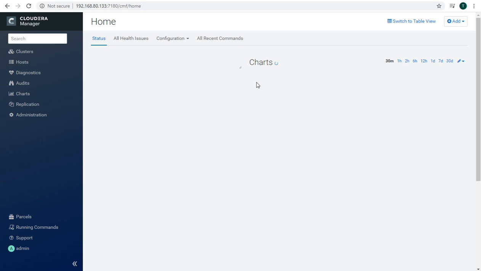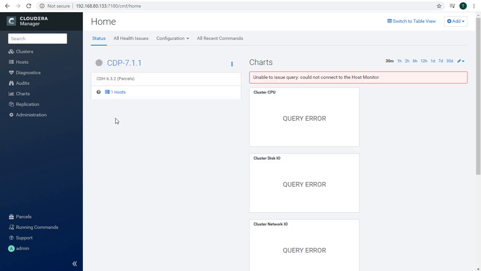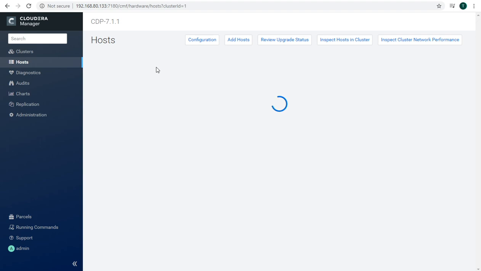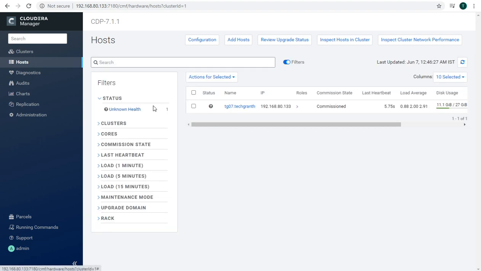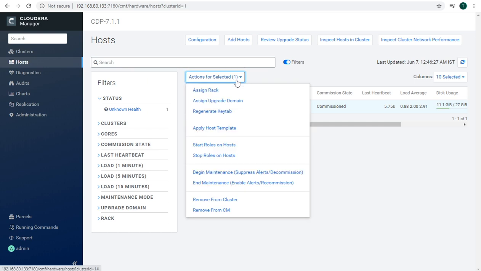And here you can see now we have nothing, no cluster and no host here. Okay, we have one host with cluster CDP, Cloudera Manager version 7.1.1. Okay, from here we can add roles.